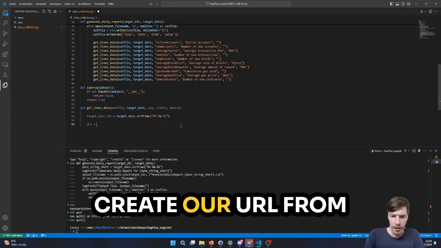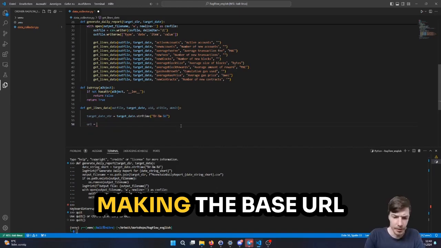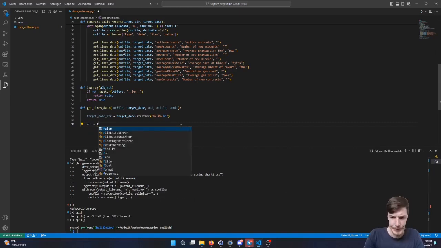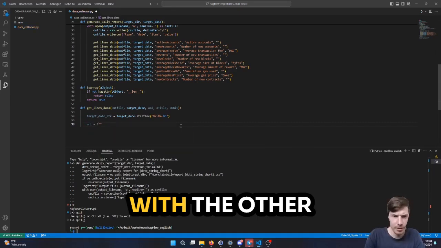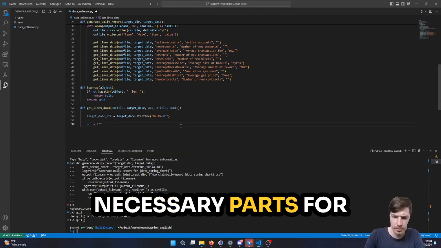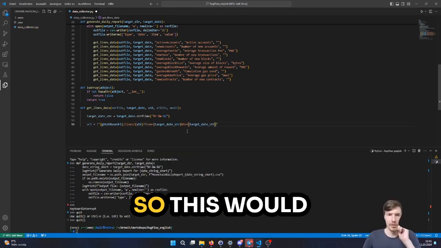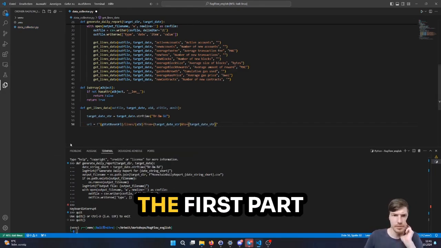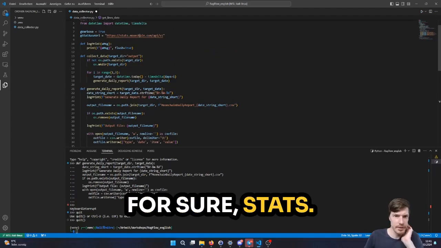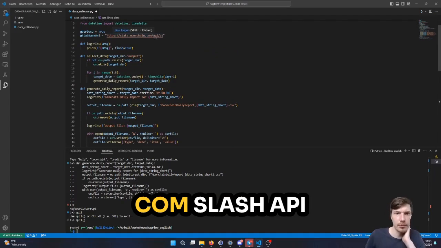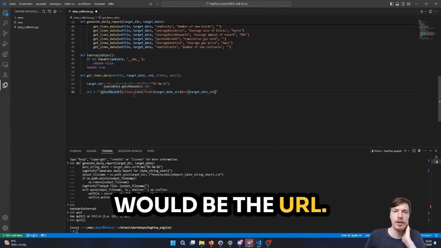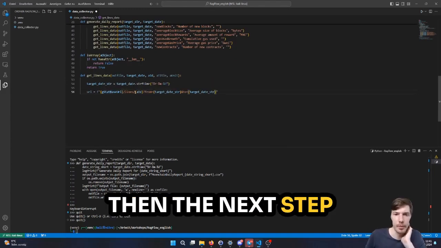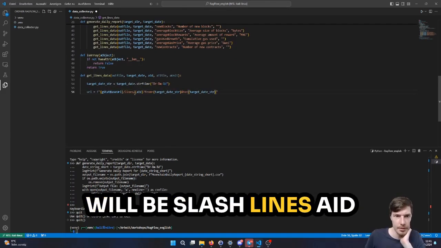We'll create our URL by linking the base URL with the other necessary parts for calling the data. So this will be our URL. The first part for sure, stats.moonchain.com/API/v1. This will be the URL. Then the next step will be /lines, AID,